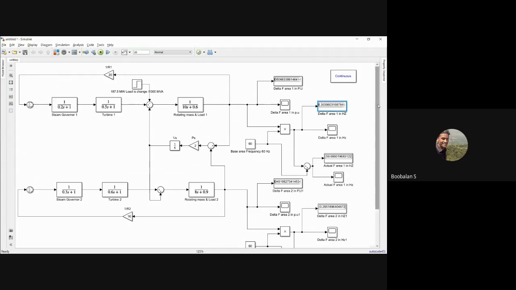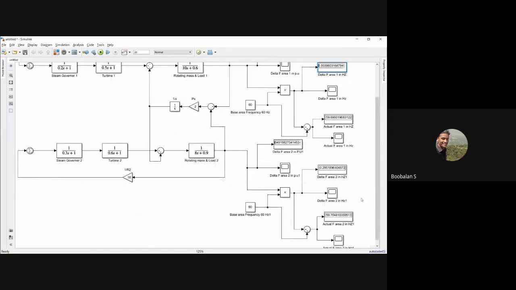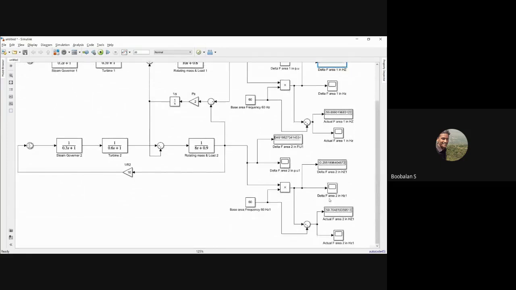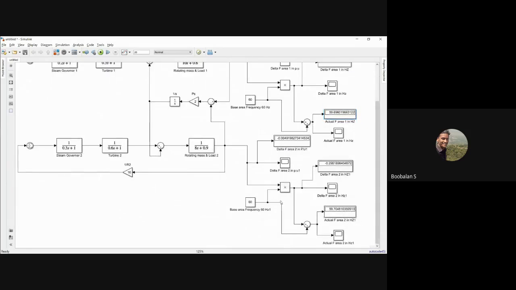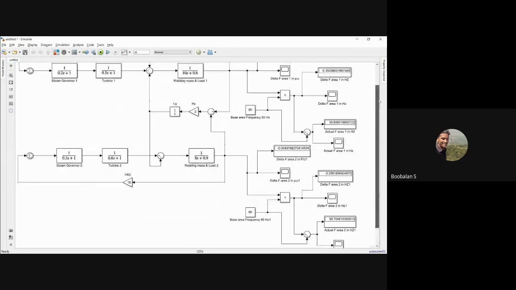But you may notice over here in my area number 2 also the frequency is changing. Why? Practically, it's not a correct thing. In my area number 2, the frequency is not going to drop because the load is changing only on my area 1. Area 1 ல மட்டும் தான் load change ஆகுது. அப்ப area 1 ல தான் load changes வந்துட்டு நடக்கணும், that frequency drop ஆகணும். But in area 2 ல கூட என்னவா இருக்கு? The frequency is also dropping, right? We need to check it out once again, right? This is one more question that is going to be raised over here. We'll see. Just note it down, this one. Yeah, finished now. We'll move with that second thing.